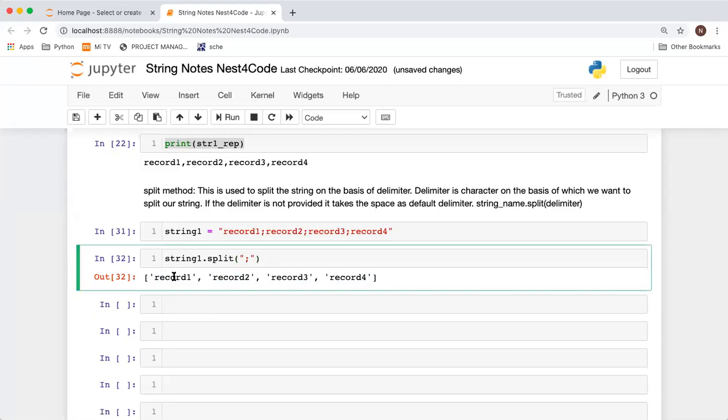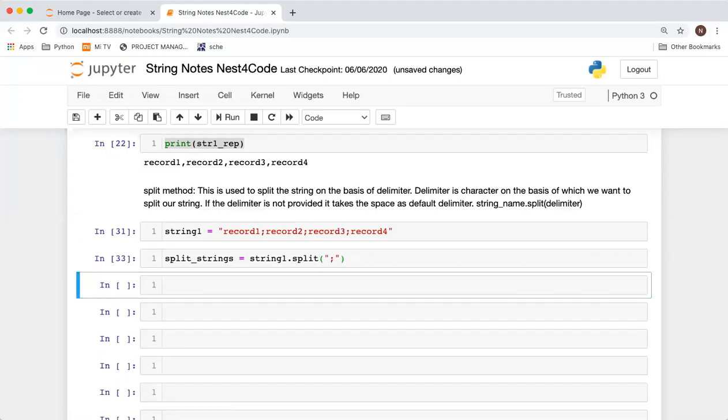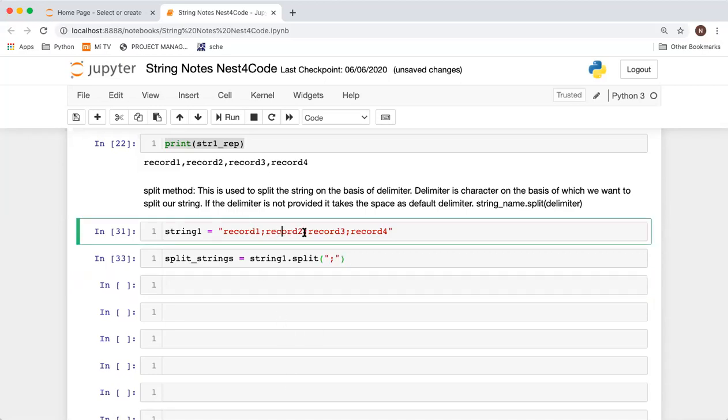We can store it in some variable, say split strings. Normally, whenever we split a string and store the output, it is a data structure in Python called a list. So it will be a list of strings, because now we'll have 4 strings in place of 1 string.